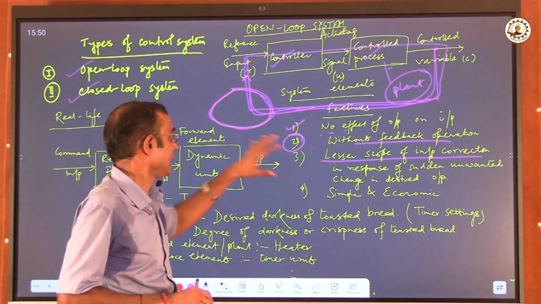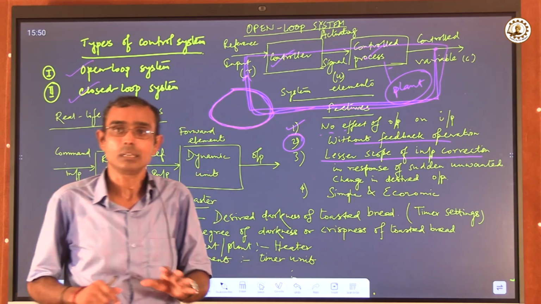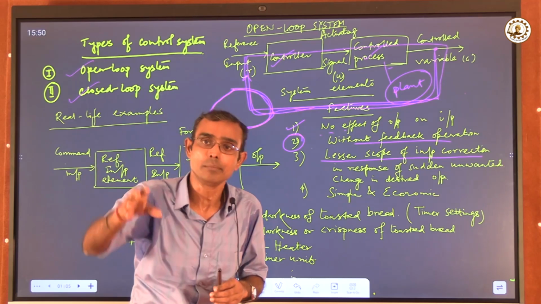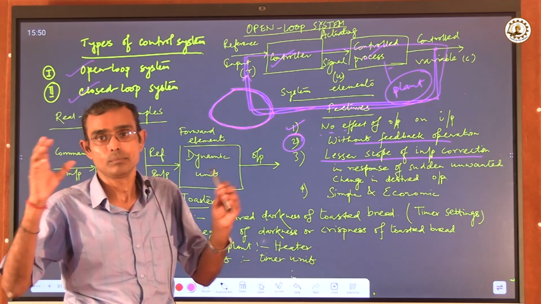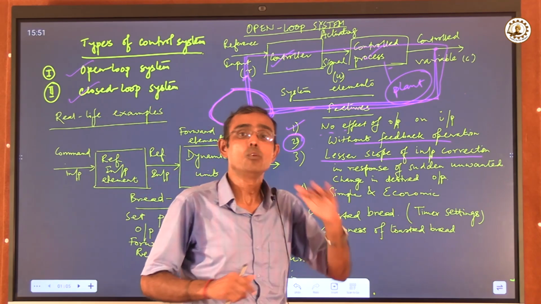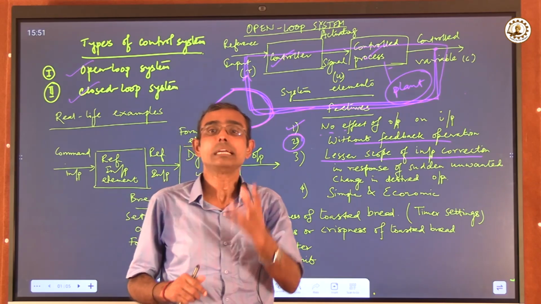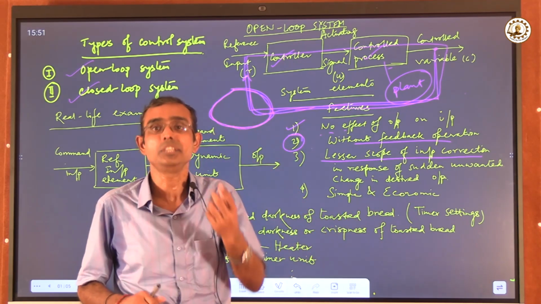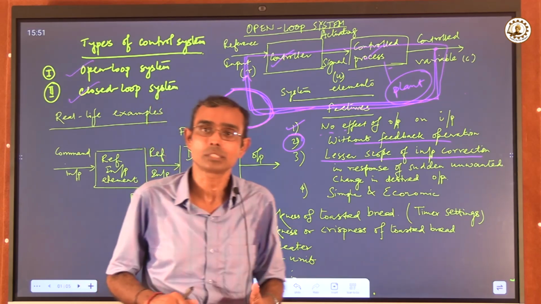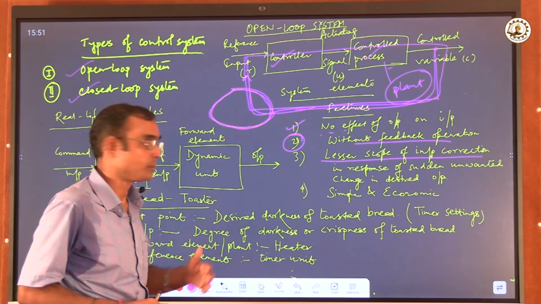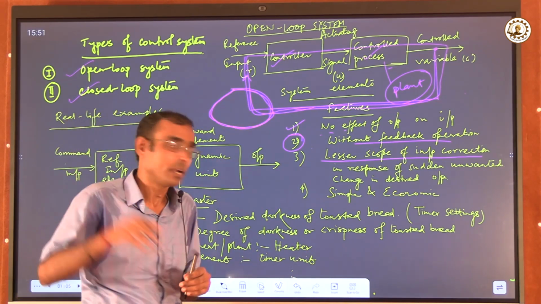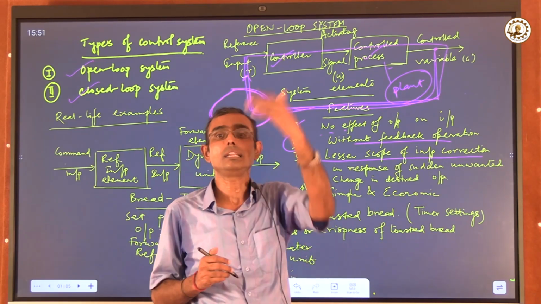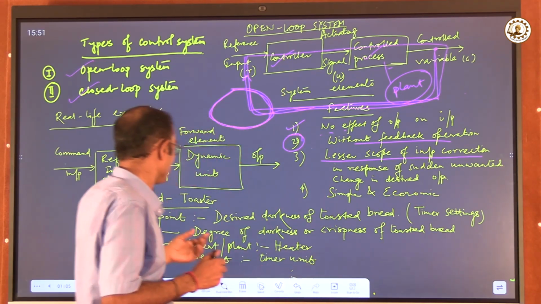That means for any bread toaster to work in this fashion, we need to first set up the timer inside the system. That means how long the bread will be toasted. That timer setting should be done initially before starting on the operation with the bread toaster. Now that set point is nothing but the temperature at which finally the bread will be toasted, and that is